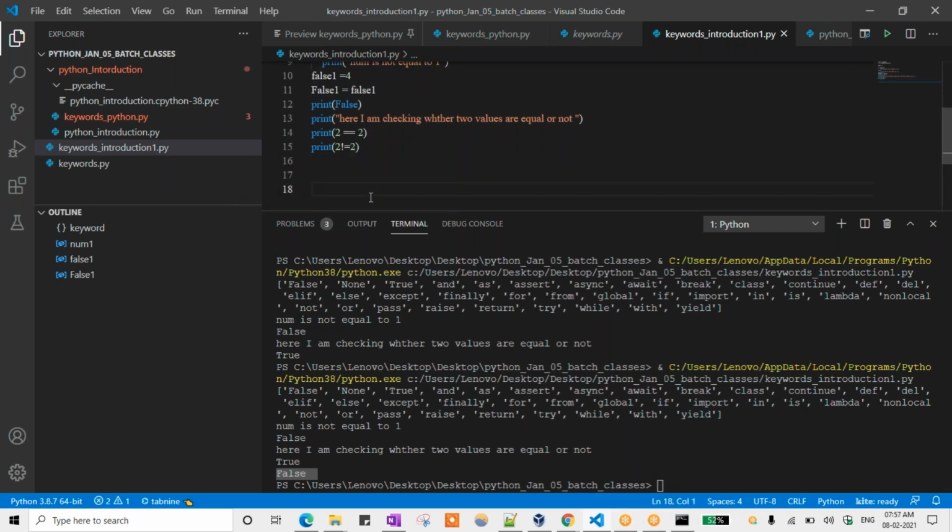Where I can use that None statement is with def conditions. So def sum of a comma b, some parameters I am passing here, and then the indentation you can count as again it is started.